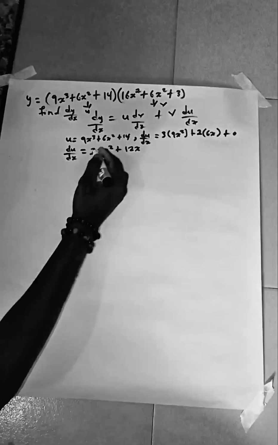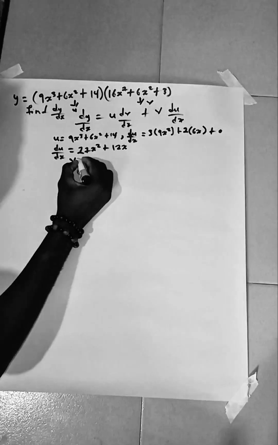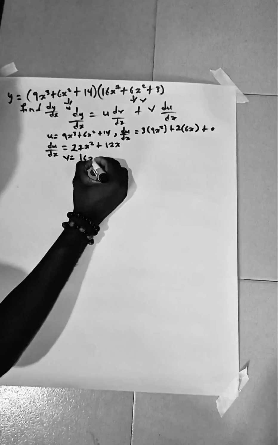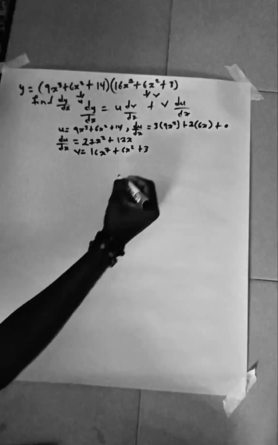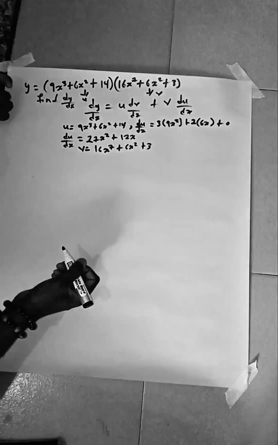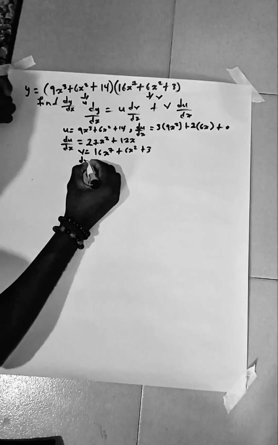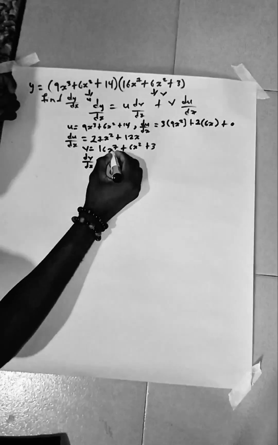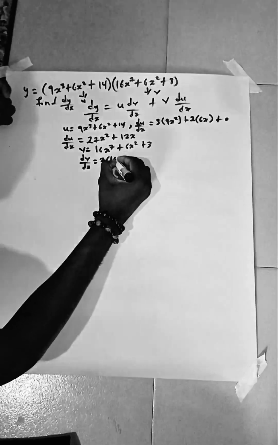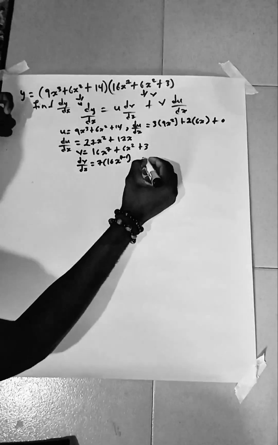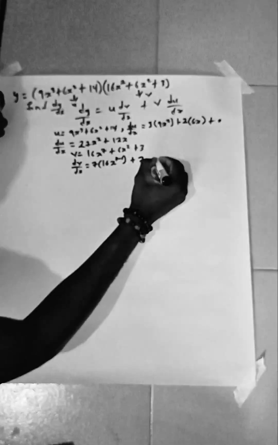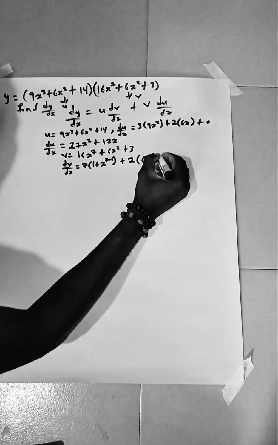So let's deal with our v. We said this function should equal v, right? So our v is equal to 16x raised to the power 7 plus 6x squared plus 3. So what do we do to get our dv by dx? We differentiate it. So our dv by dx is equal to 7 times 16x raised to the power 7 minus 1, or 6, plus 2 comes to the back, 2 times 6x raised to the power 2 minus 1,